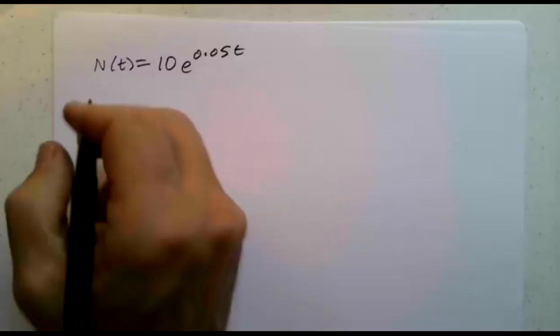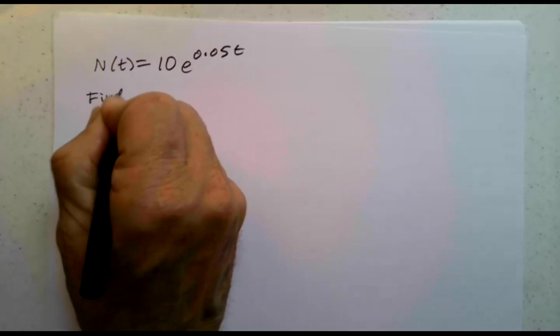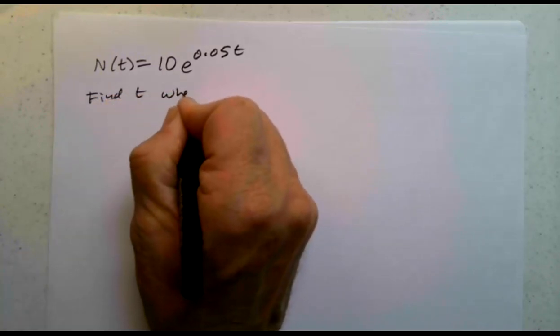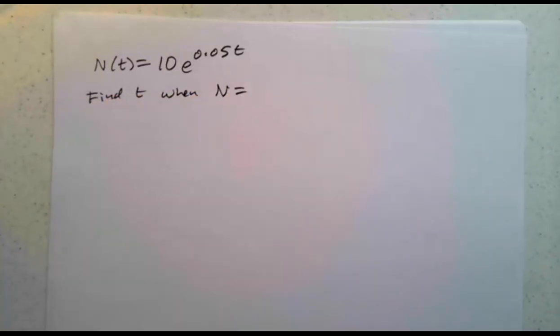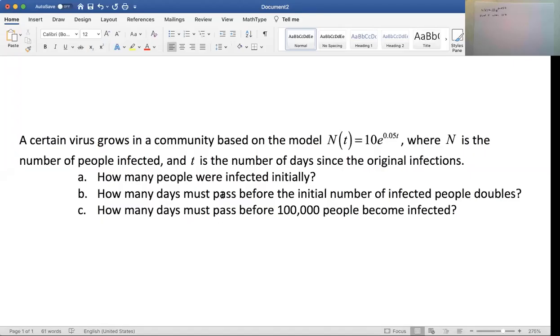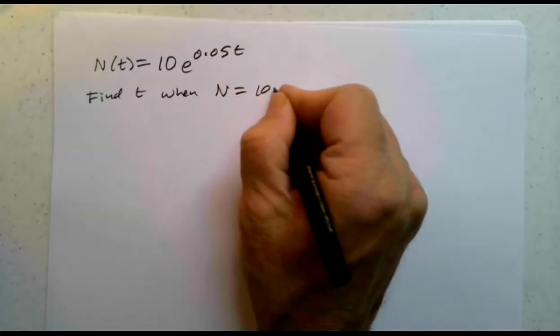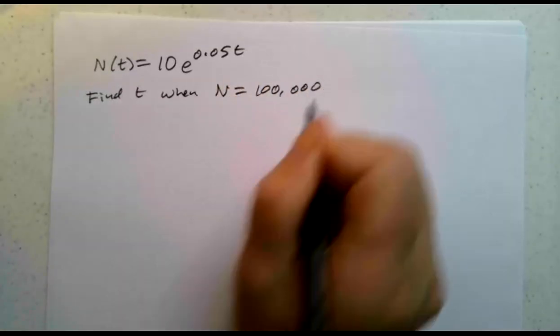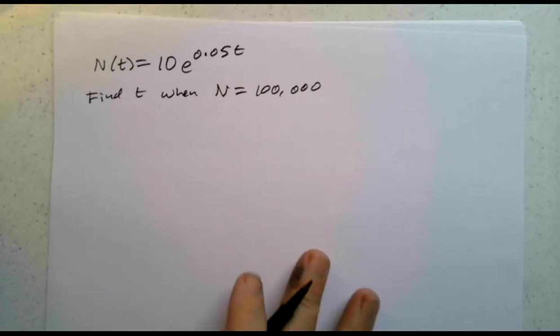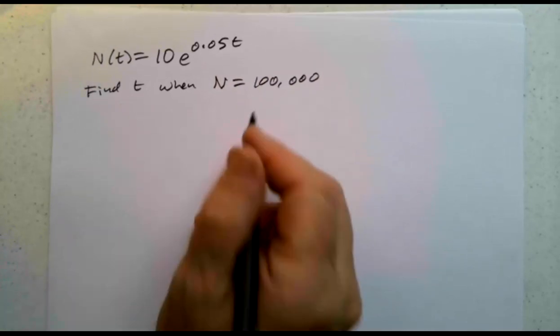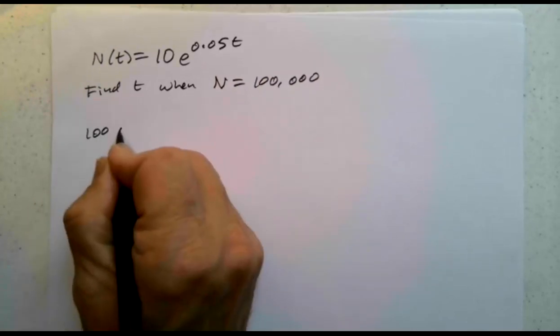We want to find t when N is a total of 100,000 people. So we started with 10. If you start with 10, can you have 100,000 people infected? So we have 100,000